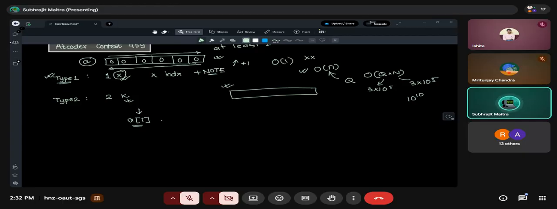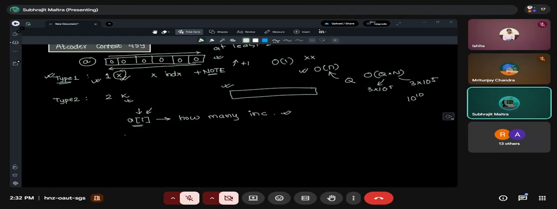Let us do one thing. Let us store how many increments happened at this index, meaning how many times we did a type 1 operation on index I.